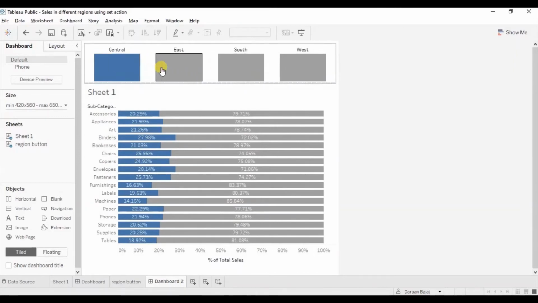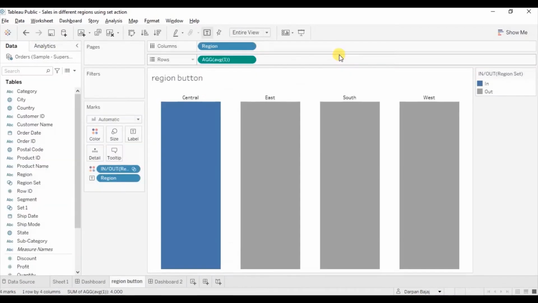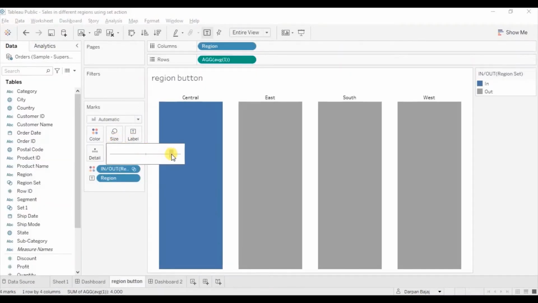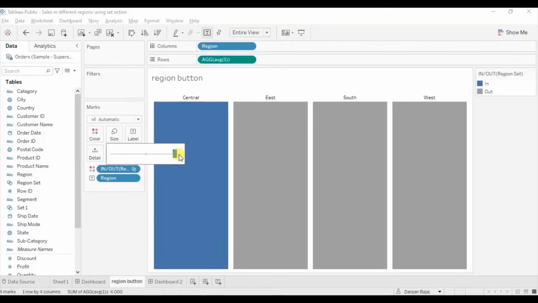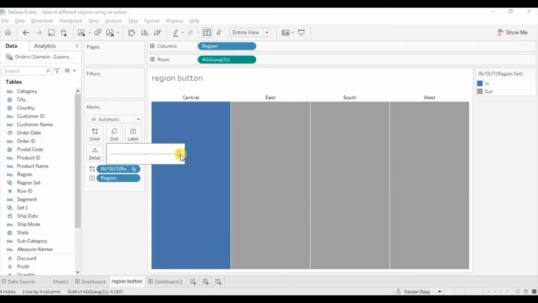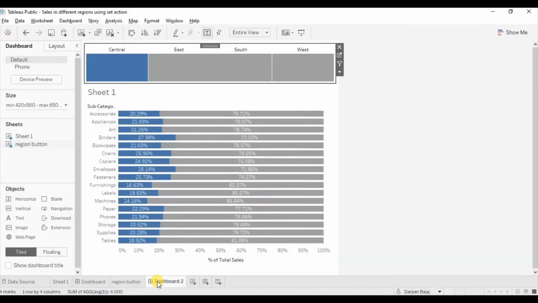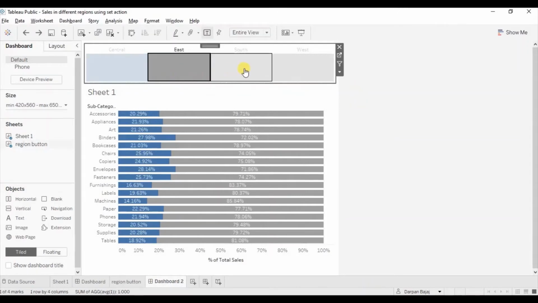We will have to increase the size of these squares so that we are not getting any space between the regions. Let's go back to this sheet. Adjust the size. Let's go back to dashboard. Now as user selects any region from here, the charts needs to update for that particular region.